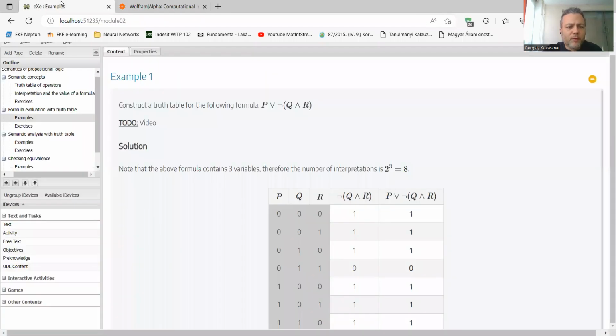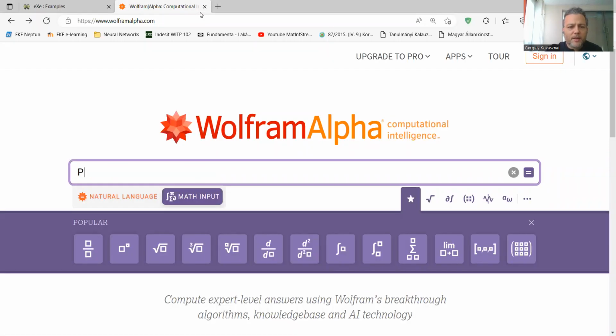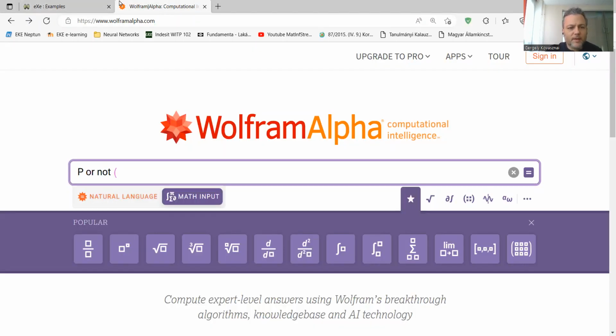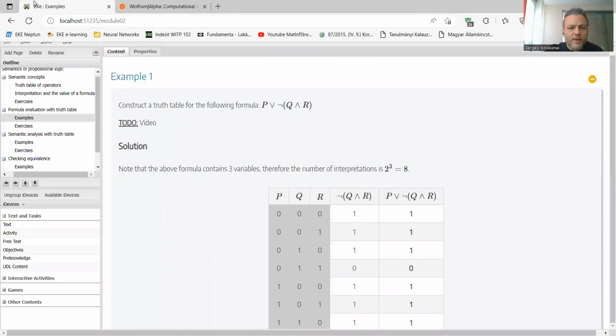Let's just take an input formula from one of our previous examples, like this one, P or not Q and R. This is what you can type here, for instance, by using this format. You also have to negate something. Okay, everything is all right.